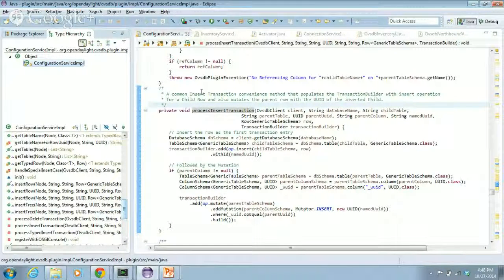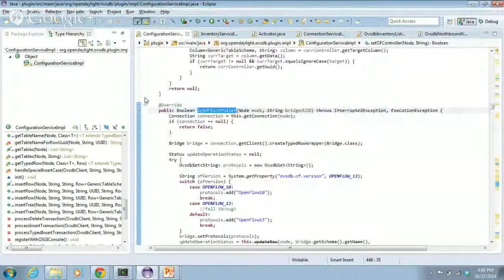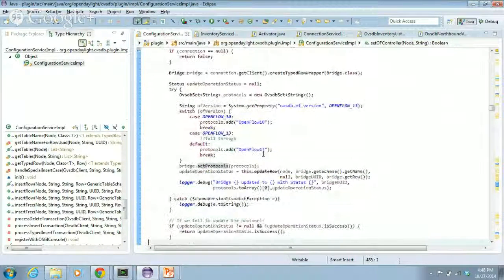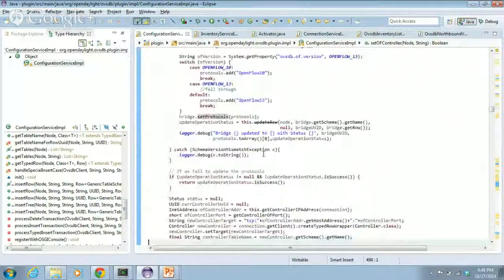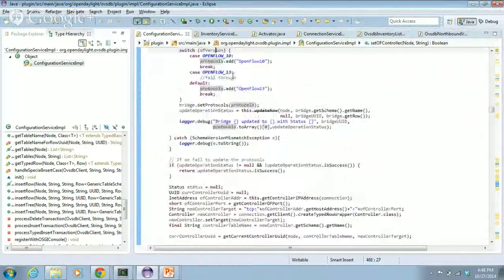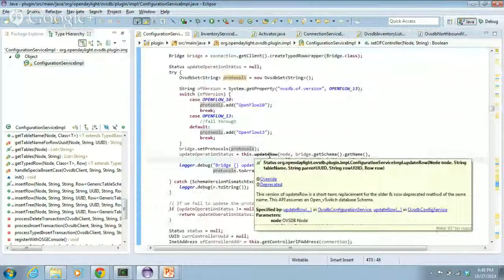For instance, let's say I want to set an OpenFlow controller. The first thing it does is extract a bridge, a dummy bridge, and then it sets the protocol to it based on what protocol we want to use. And if that bridge already exists, I'm going to do an update bridge. I'm going to do an update row to update the protocol. And then after that,